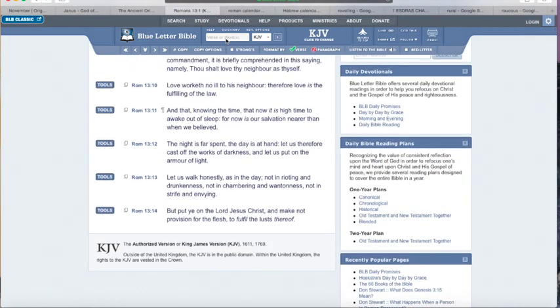So this is Romans 13:11, and that knowing the time, that now it is high time to wake out of sleep. All right, so you Negroes and indigenous, we are the Israelites, man. It's time to wake out of sleep. Stop following this world. Be not conformed to this world, as the scriptures say in Romans the 12th chapter. All right, so it says, for now is our salvation nearer than when we believed. All right, so salvation is coming for us, okay, for the elect and the third, okay, the remnant.